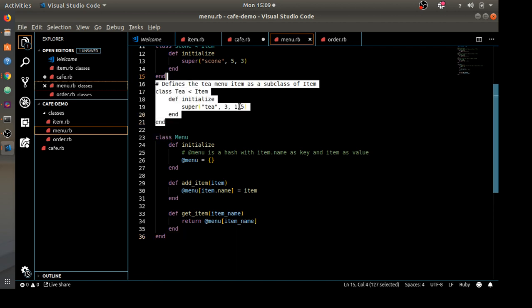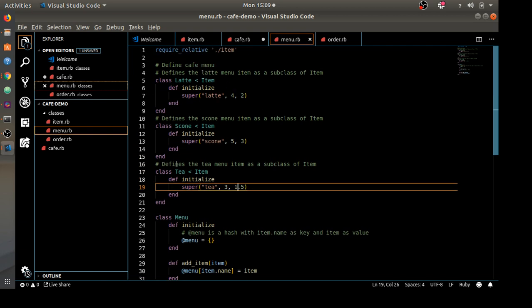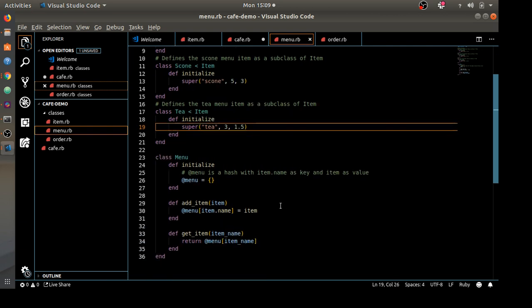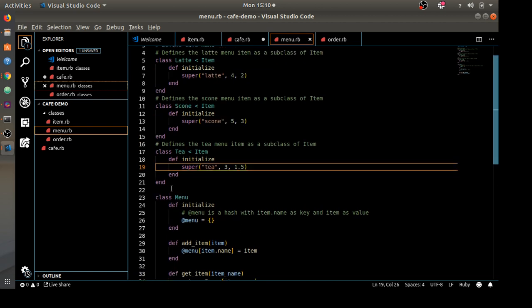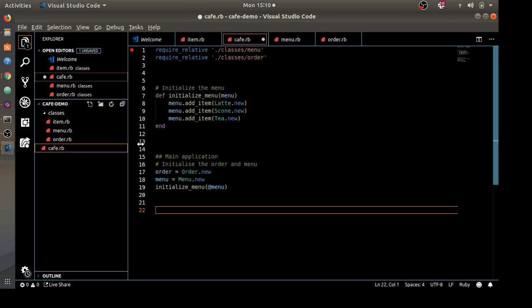So this bit here is tying this implementation to the menu because I put these subclasses directly in here. And this is a place where some trade-offs come into play. I could put these things in another file, cafe menu items, right? Because they're not really used here by menu. And then my cafe would include cafe menu items and a menu. Okay? That could be valuable. I'm going to leave it the way it is right now